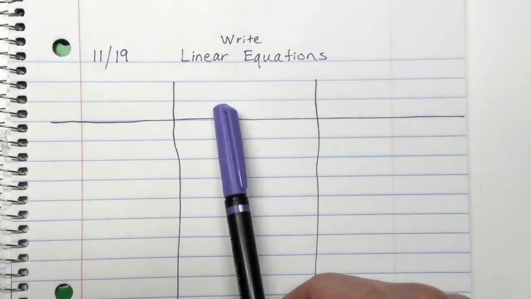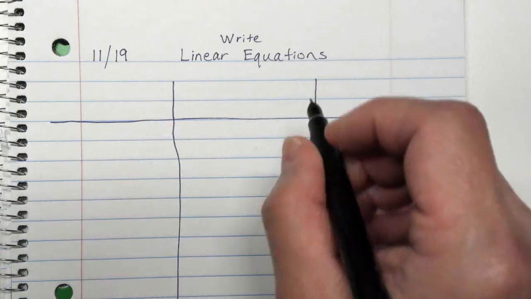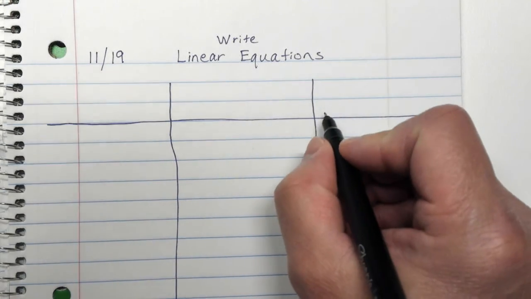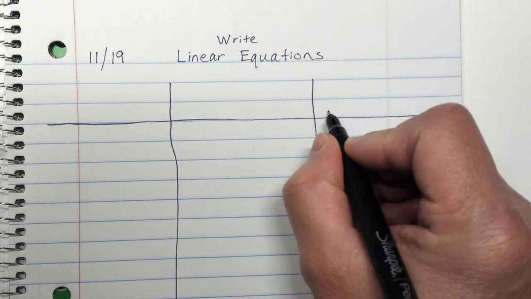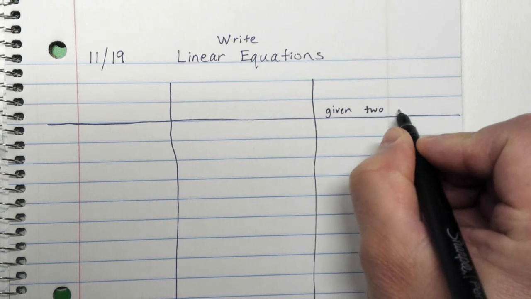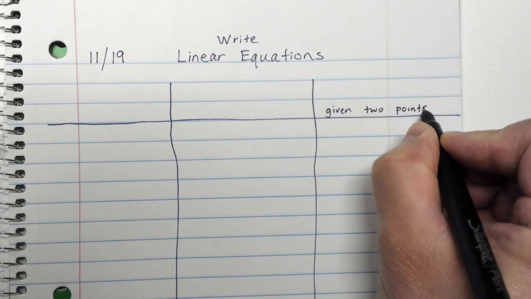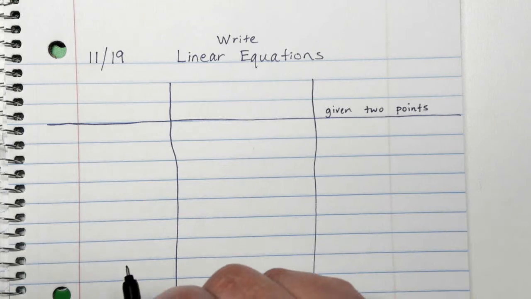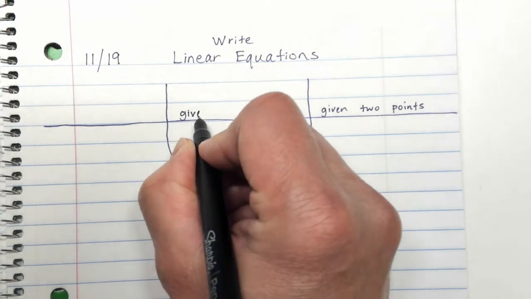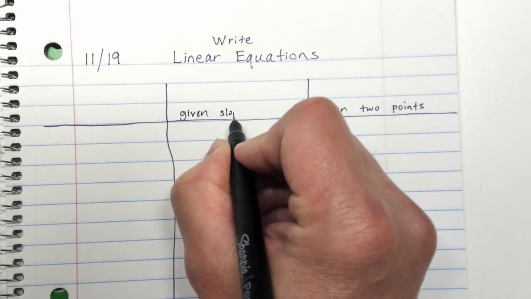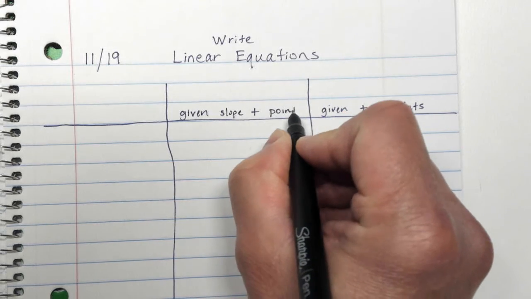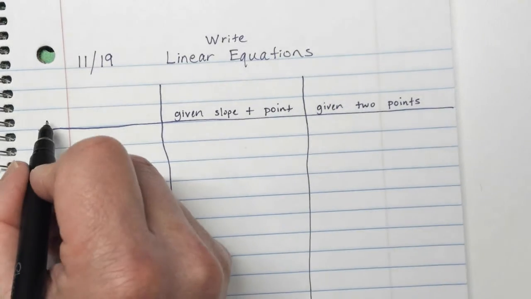It goes easy, medium, hard. I taught you the hard stuff on day 1, so the 2 new ones for today should be simple in comparison. So given 2 points, that's what I taught you about a week and a half ago. I don't remember the actual day. And then given the slope and a point,